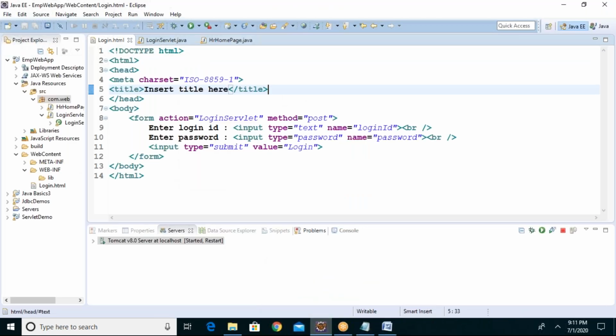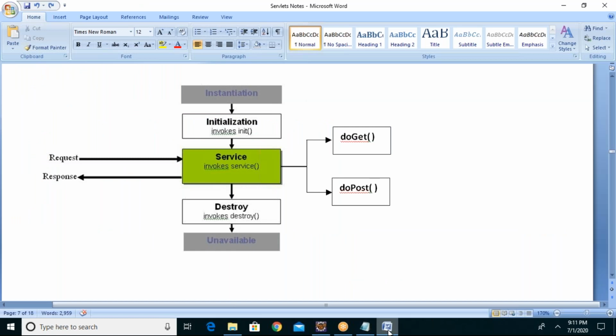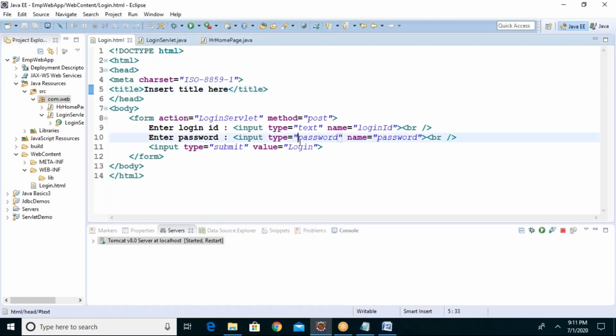Then what is the super class of the servlet? I mean, HTTP servlet is the child class, right, sir? HTTP servlet is a child of generic servlet, and the topmost one is the Servlet interface. The Servlet interface is the topmost. It is implemented by Generic servlet, then Generic servlet is extended by HTTP servlet. HTTP servlet is the child.